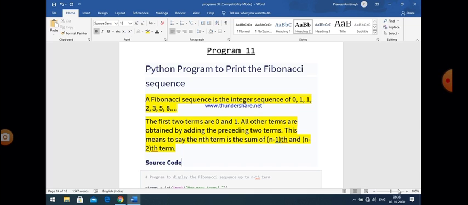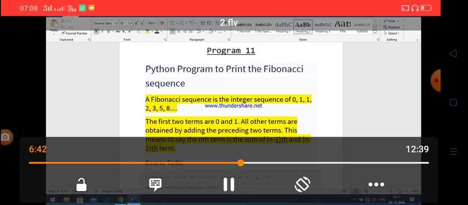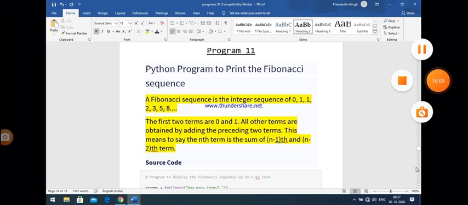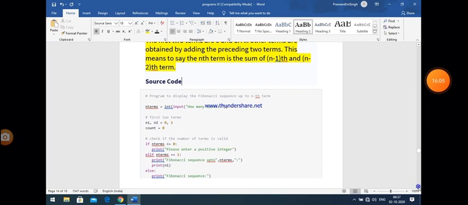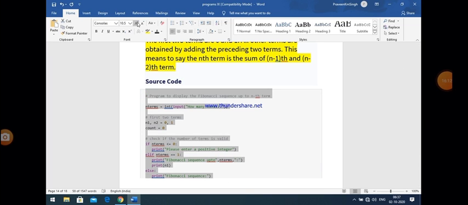Let me say the nth term is the sum of the (n minus 1)th term and the (n minus 2)th term. So that is the source code given here.